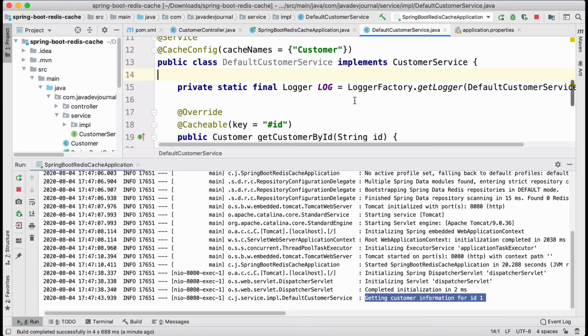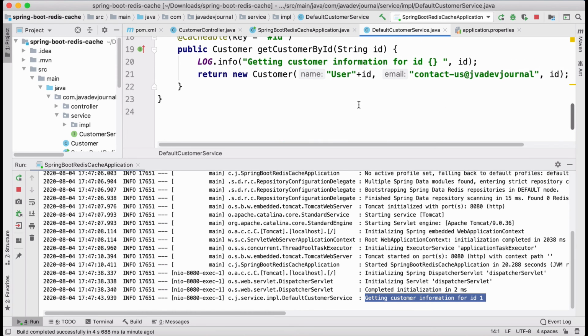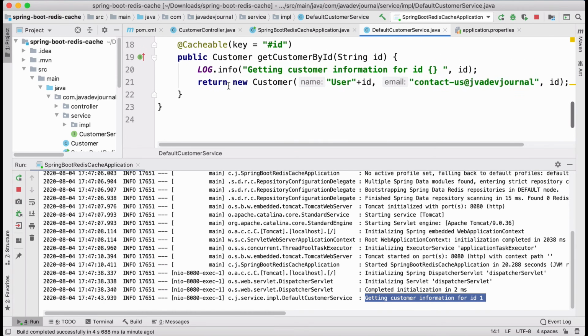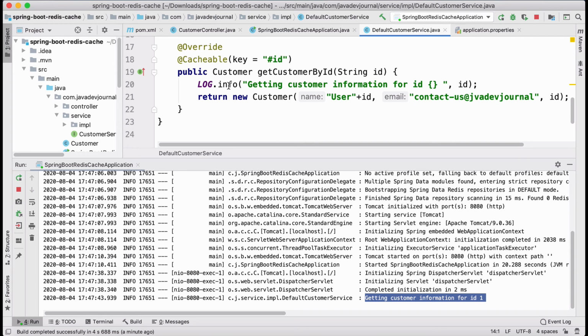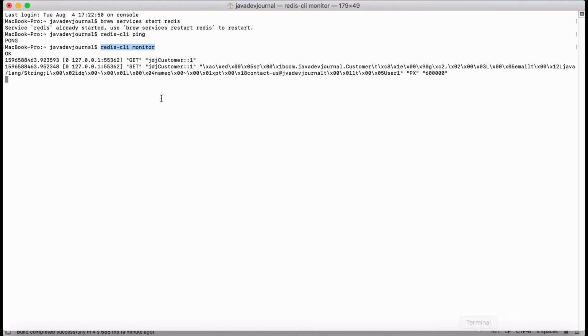Okay, taking some time. I got the information. Now, if you see, getting the customer ID for one. I have added this log here, so if there is no cache, it's going to get into our method. And here is the monitoring log.